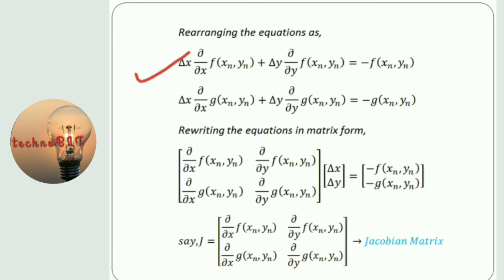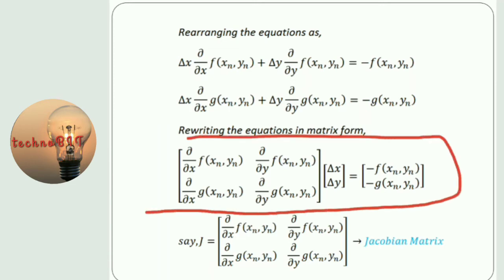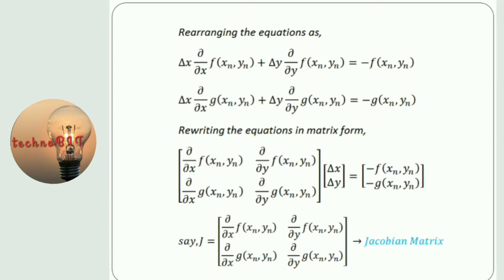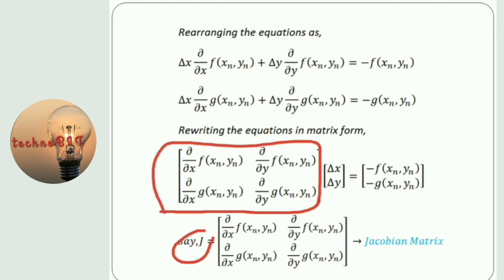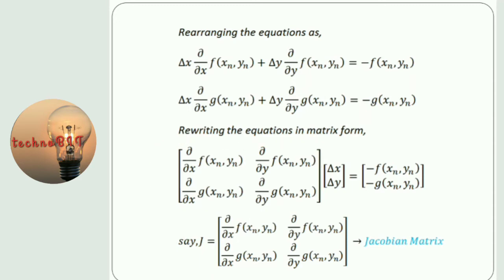With the help of this equation only, right? Now what equation am I getting here? This is of my use. And just for simplicity, we are going to take this 2 by 2 square matrix and replace it with a term J, so that it will be easy to write. Also, it has a special significance which gives special properties, that you will all see in the Jacobian topic. Right now, we are going to use this matrix.